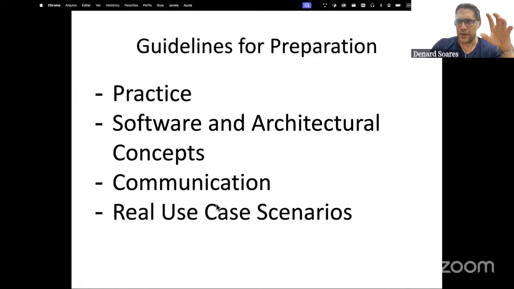Try to rehearse your communication. And of course, you have to use real use case scenarios, because those guys will be asking you about this. If you get in touch with some real use case scenarios, you'll be better prepared for the interviews.